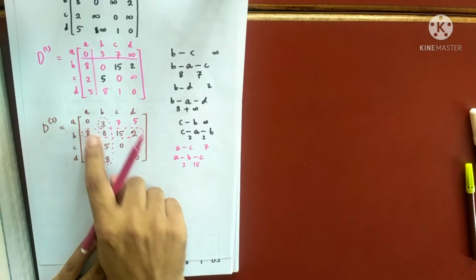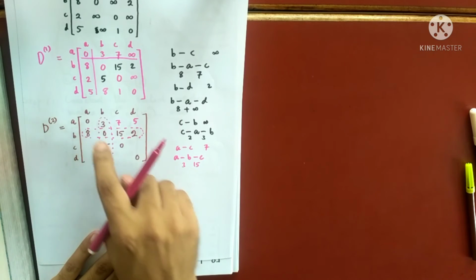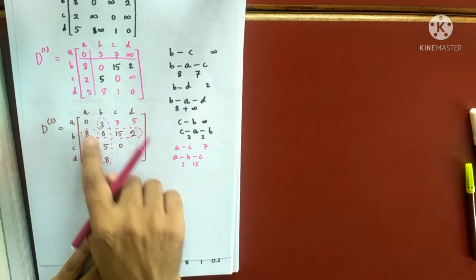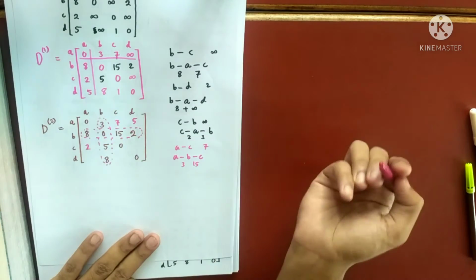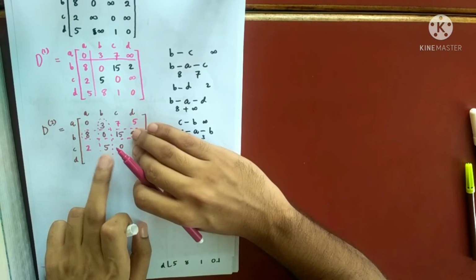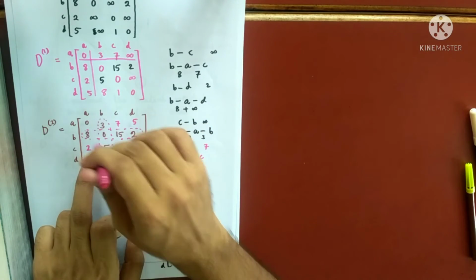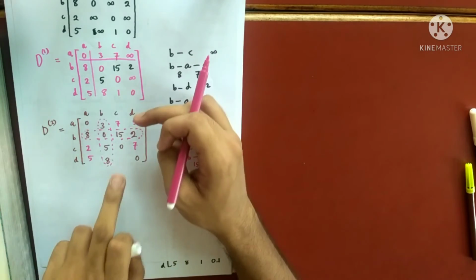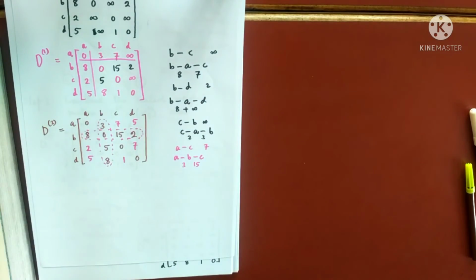This will be 8 plus 5. You see, you will find this is this one and this one intersection, right? This row and then this column. So this and this. So 8 plus 5 is 13. Initially it was 2. So 2 remains 2. This one is nothing but 5 plus 2. But initially it is infinity, so it will change. This one is nothing but 8 plus 8. 8 plus 8, 16. 5. Because it will not change. This one is 15 plus 8. It will not change. It will remain 1. Did you understand my point?